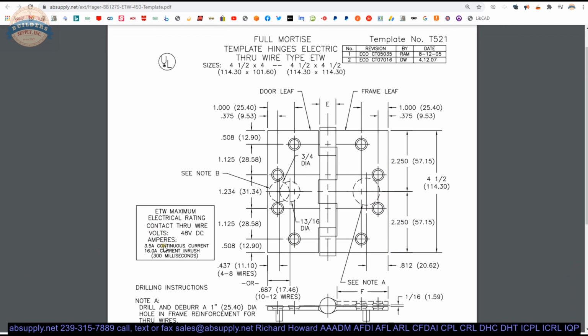Now this hinge isn't handed, but they have to manufacture the hinge with some type of handing. And this is an 8-wire hinge, so it's not evident here that it's handed. But if you get into that 10 to 12 wire, you might say, why do I need to know the handing? Well, I would want the proper side of the hinge pointed up,